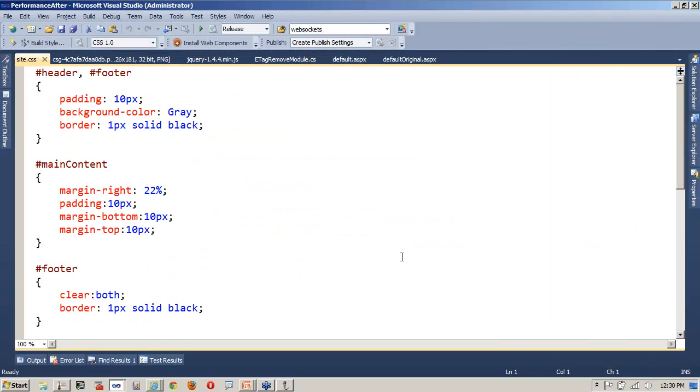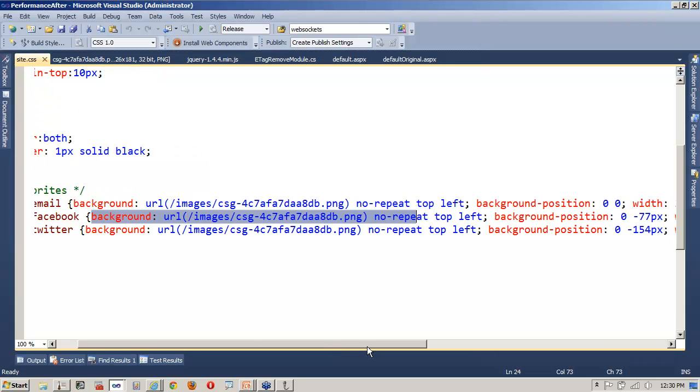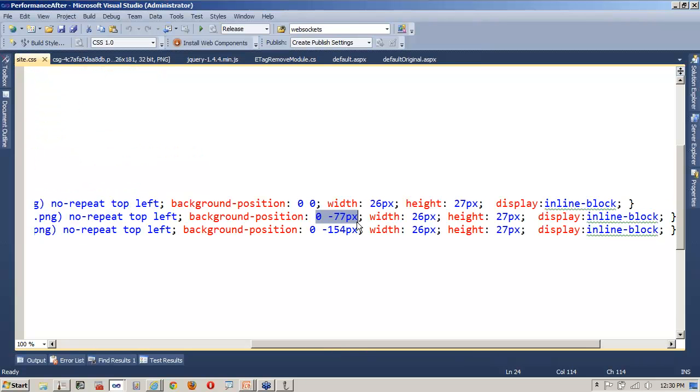So in here, this is what I also got back from that site. They said anytime you want to use the Facebook image, just reference this class. And here's what they gave me back. All this is doing is saying, hey, you can find Facebook at this offset within that image. So you can see it's using some offsets and some windowing to show me that particular image. So if I go pull this up in a browser,